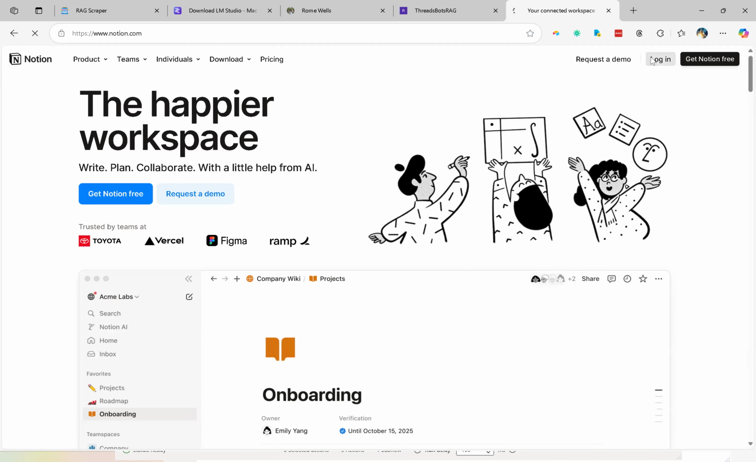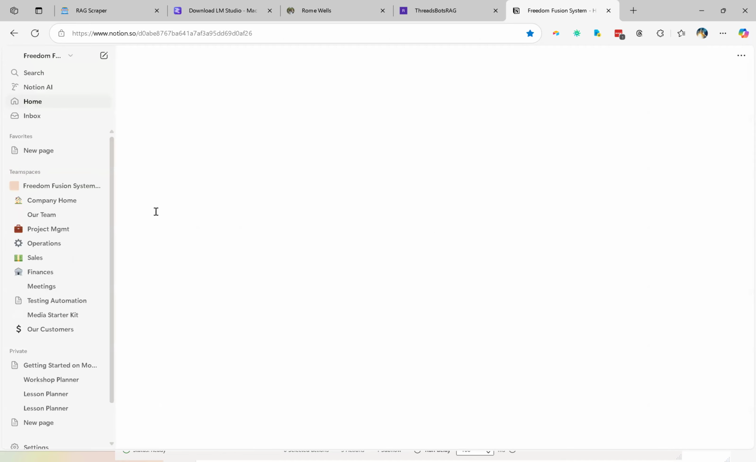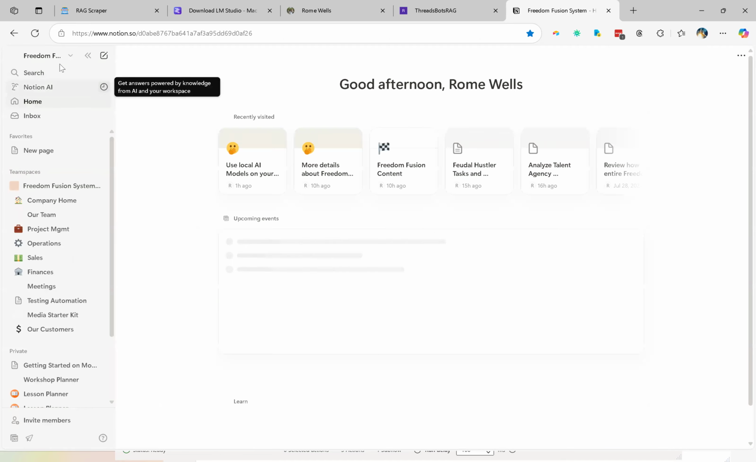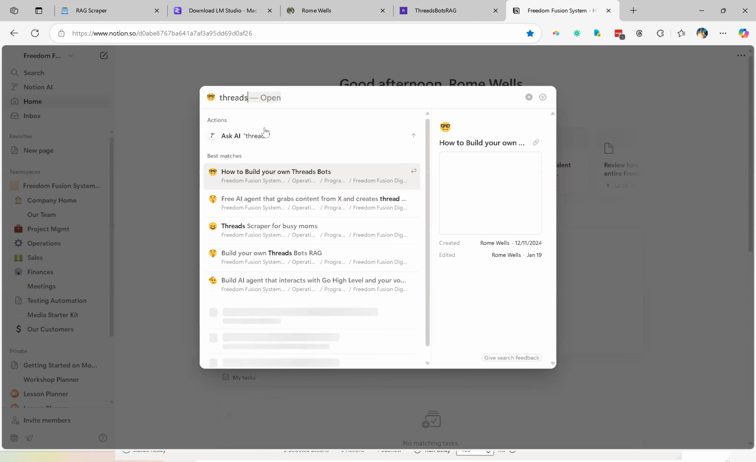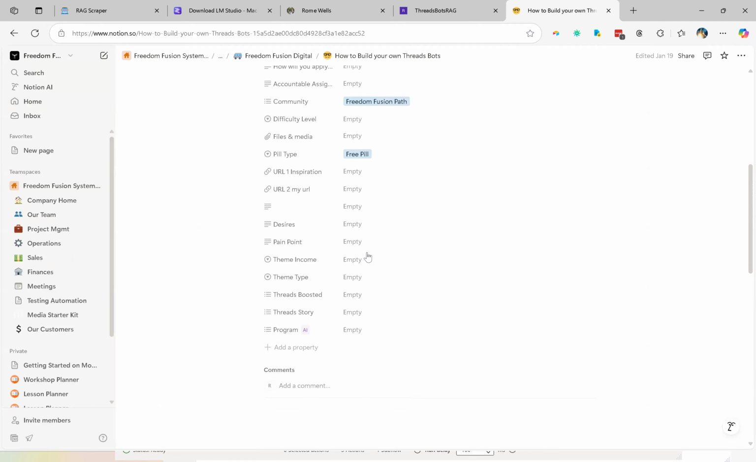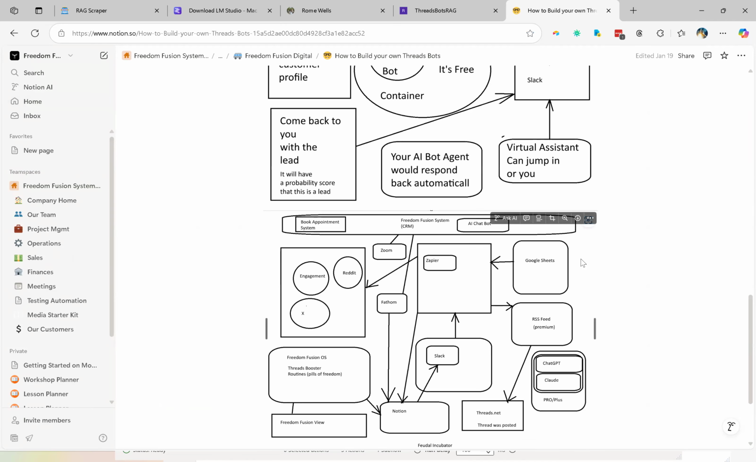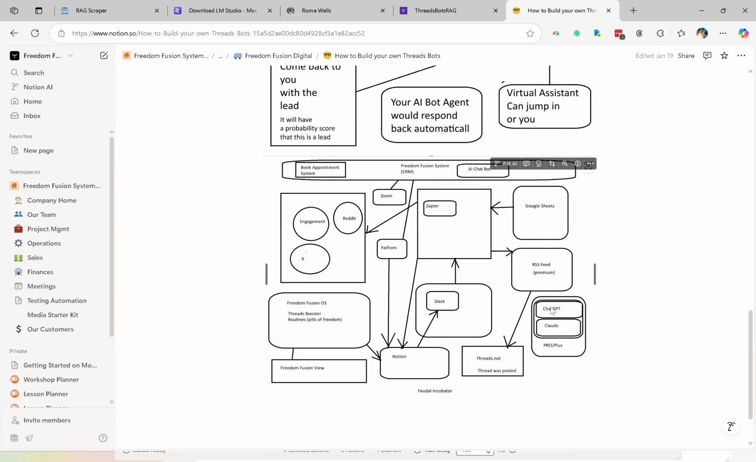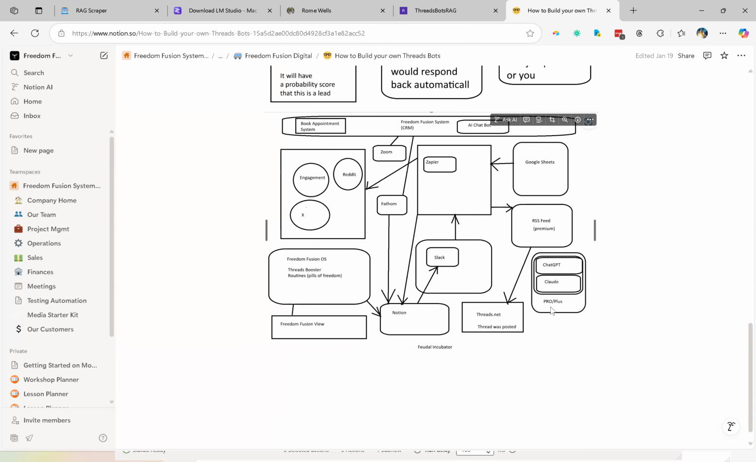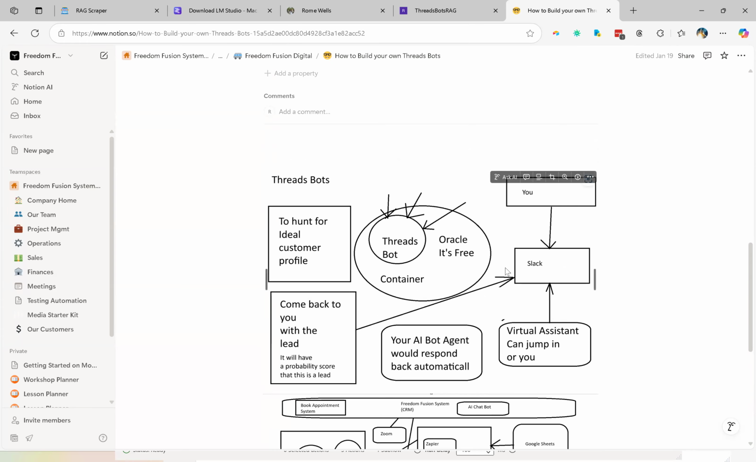Let me just log in, and while I'm loading this stuff in, I'm going to search for Threads bots RAG, how to build your own Threads bots. This is the best way I could show you how you could build everything together, including your Threads bots agents. So the idea is